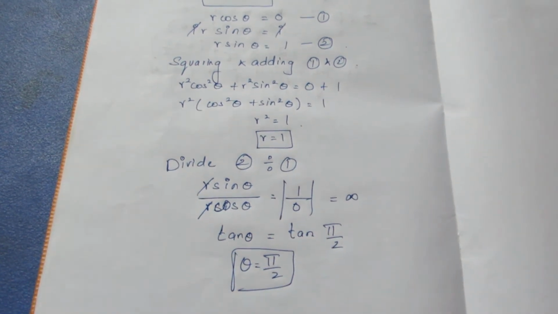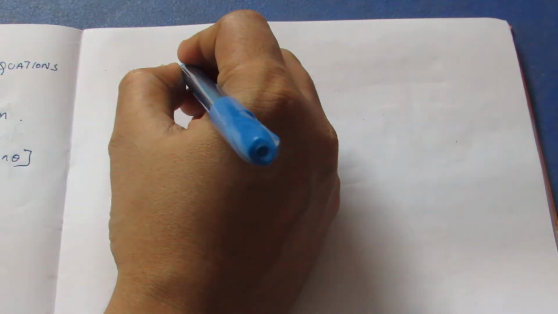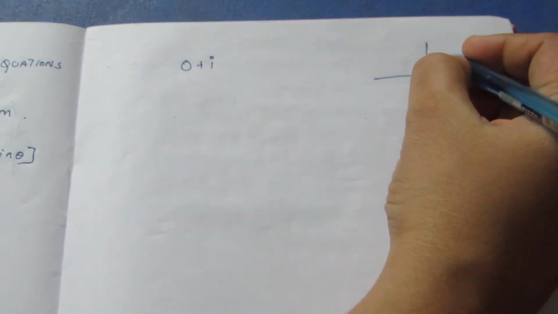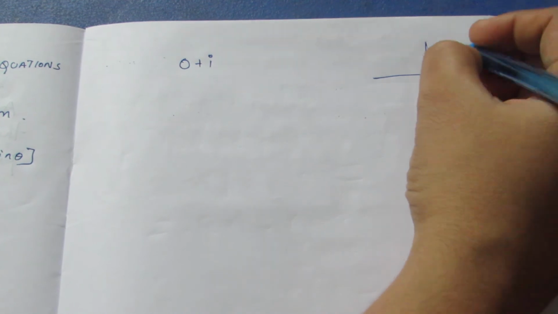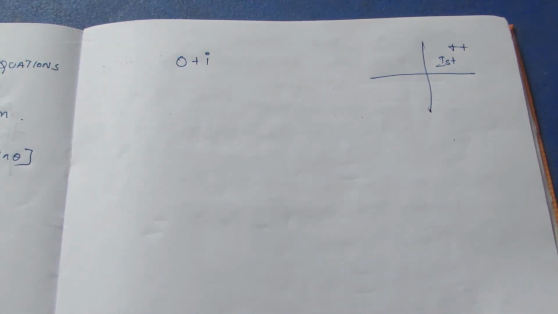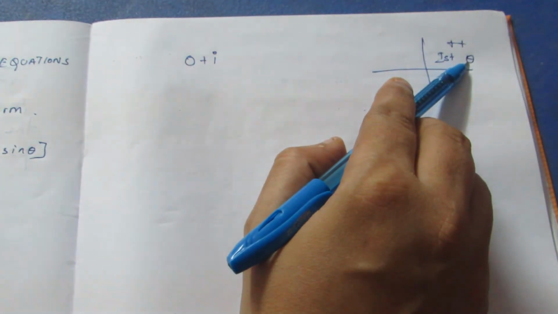We can't substitute this theta directly in the cos theta and sin theta. We need to find the argument of z, that we need to substitute over there. For that we need to find which quadrant it lies in. The given complex number lies in which quadrant? Here it is 0 plus i, both are positive. As both are positive, it lies in the first quadrant, because in the first quadrant the x-axis is also positive, the y-axis is also positive. So if both are positive, it lies in the first quadrant. In the first quadrant it is only theta. 0 plus theta, we can write that to be theta.